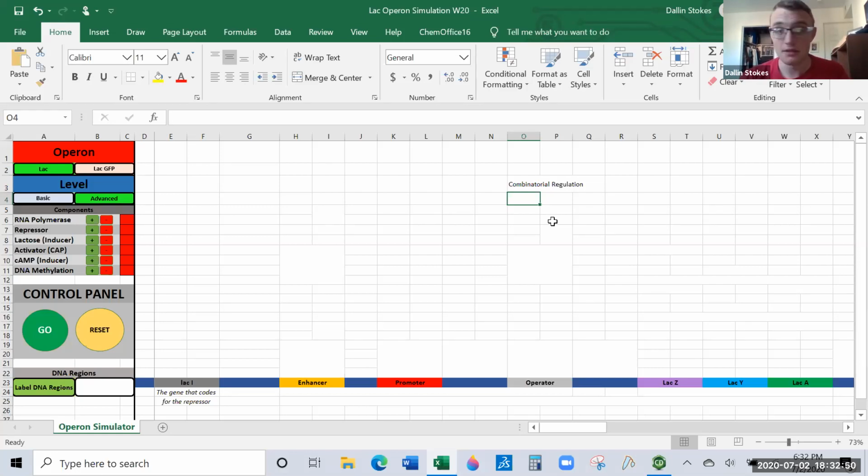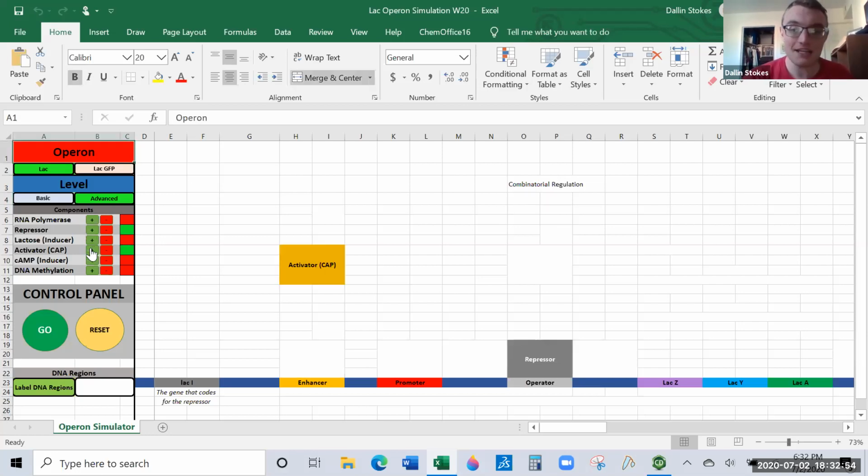We talked about how both the repressor and the activator, based on circumstances, have a say in when these proteins are made and how much of them. So the Lac Operon is an example of combinatorial regulation because there's a combination of factors that control the making of these proteins. So that's a good vocab word to know, combinatorial regulation.